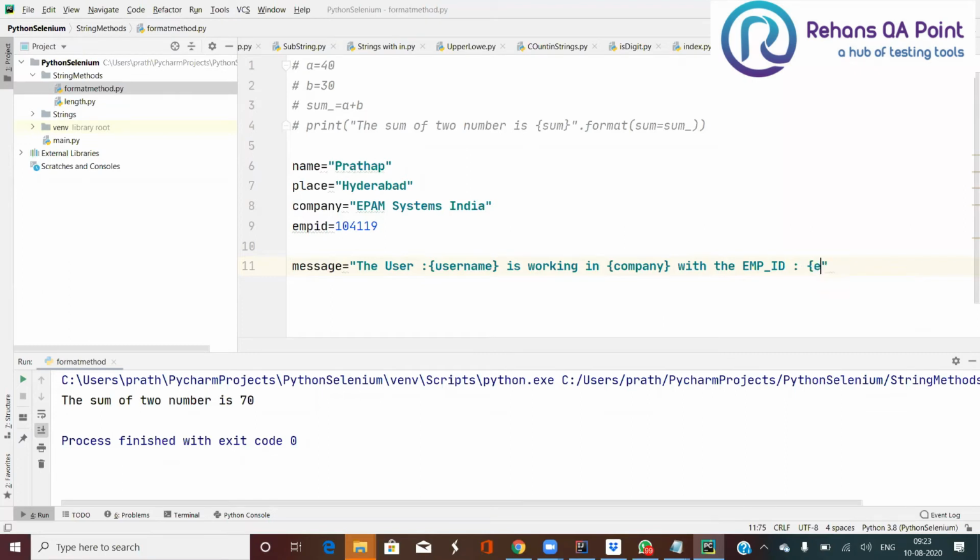Here I'm going to write my ID here. Now I'll be using my format.